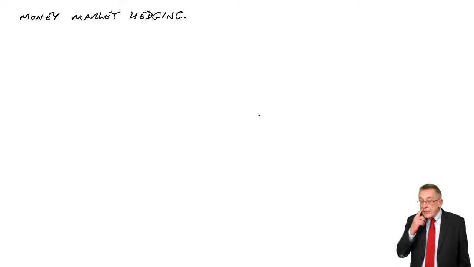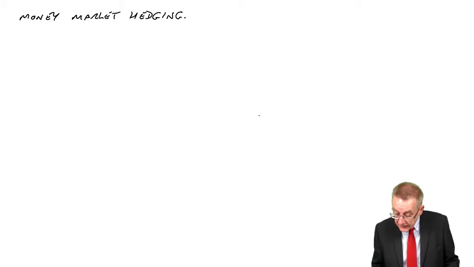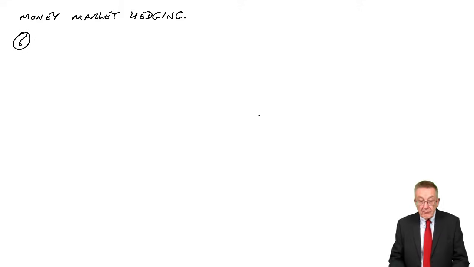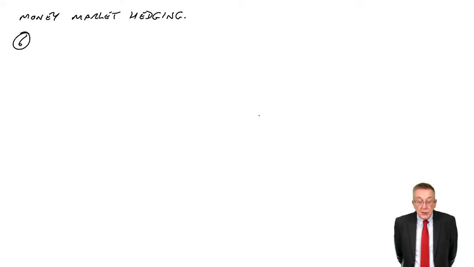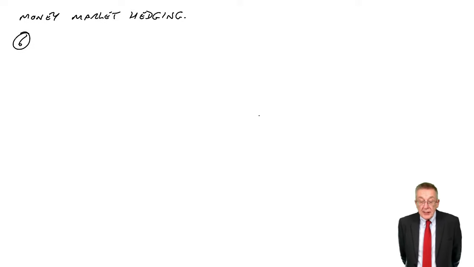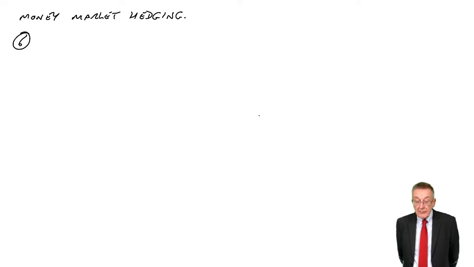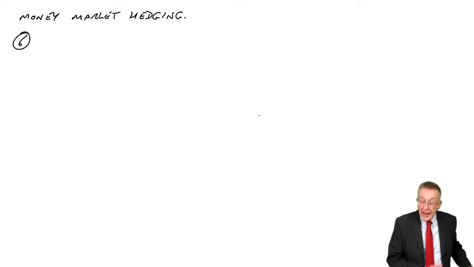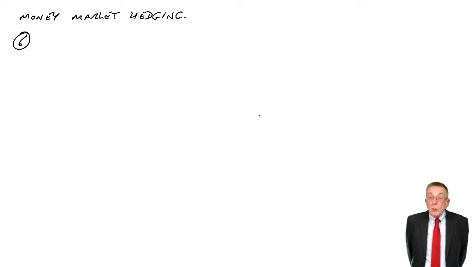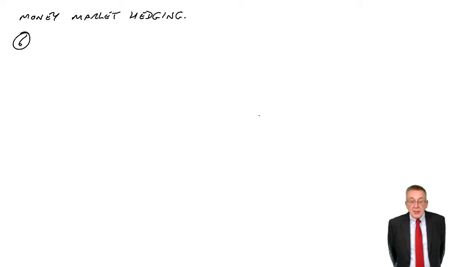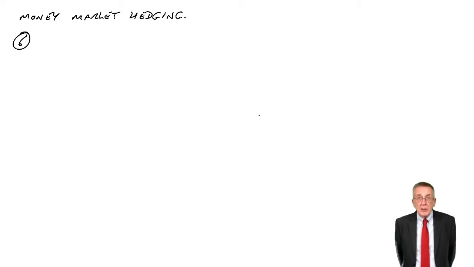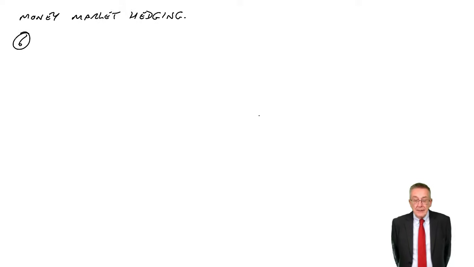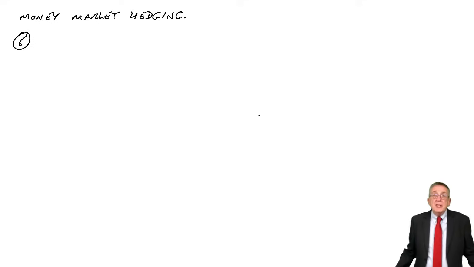And to show you what it is and how we do it, look at example 6, if you would. P is due to receive $5 million in 3 months' time. And again, we're in the UK, and so it will need converting into pounds. We know what today's spot rate is, but there's no mention of any forward rate. So how can we hedge the risk? There's no forward rate available. And if we do nothing,